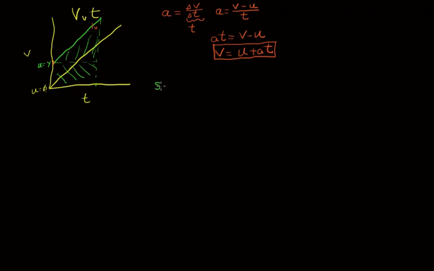So the distance is going to equal the area of this rectangle, which is basically the initial velocity, because that's the distance from 0 to the initial velocity. So it's the initial velocity times the time. All right, and I have to add that to the area of the triangle, which is 1/2